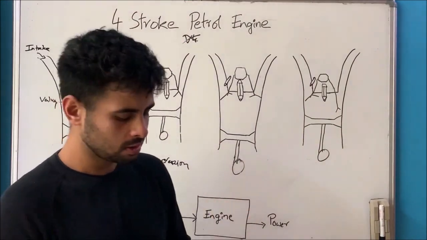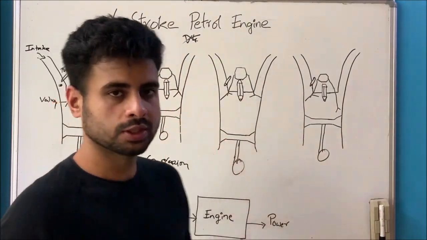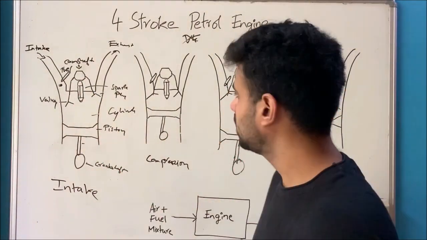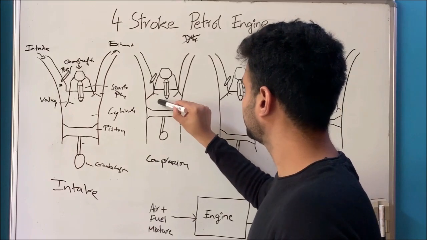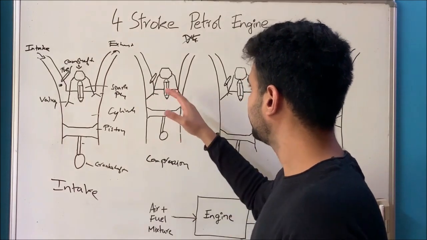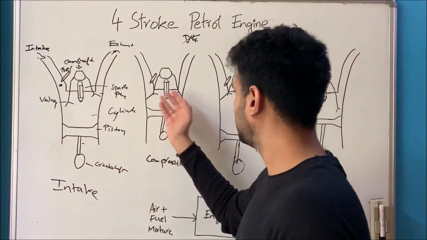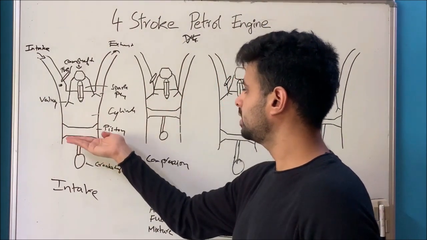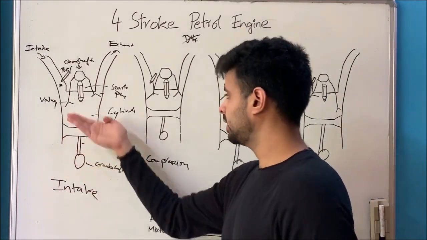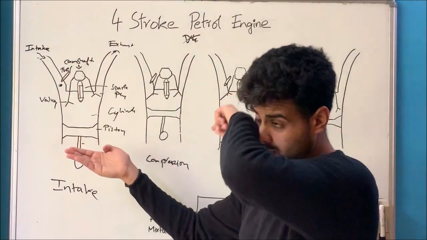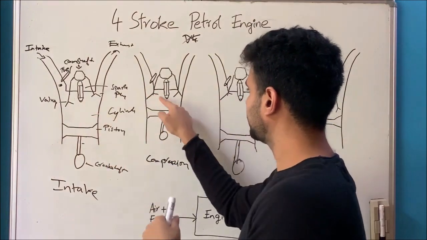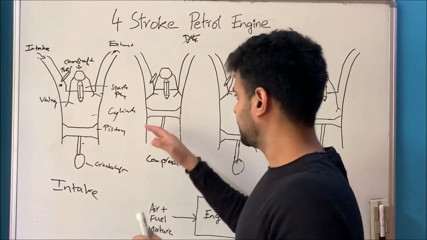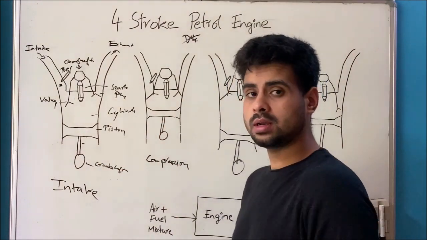And as the name suggests, we've got this air-fuel mixture that came in the intake stroke. So we want to compress that. So the air-fuel mixture has come into the cylinder here, and the camshaft will close both the valves. So the air-fuel mixture is trapped in here. The piston that had gone down when the intake happened, now that everything's closed and this is all trapped, comes back up and compresses the air-fuel mixture. So second stroke done, compression.